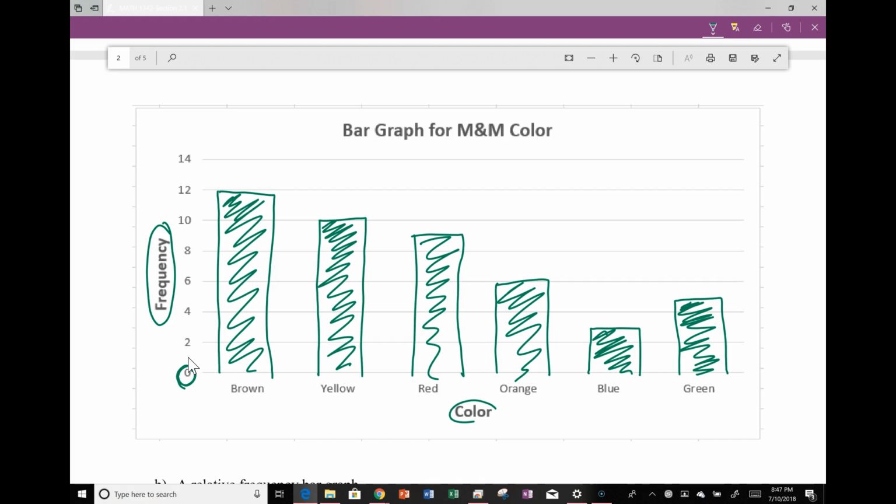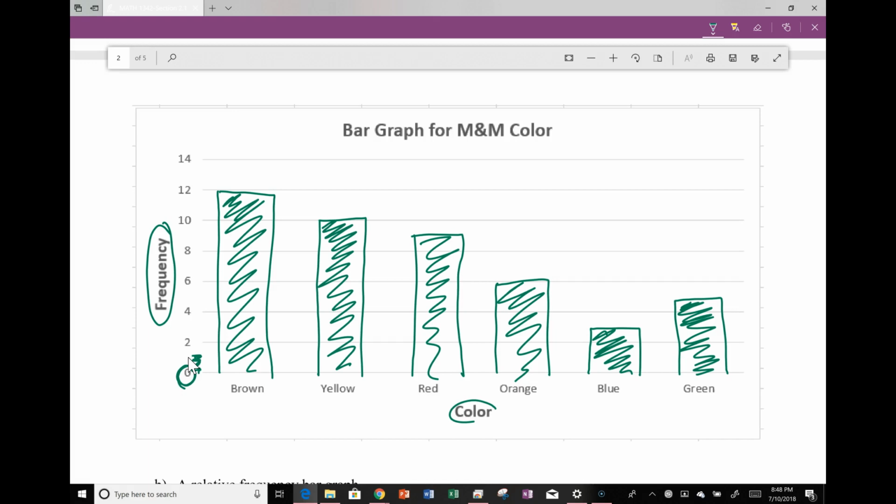There is a way, in case, say, you're going to 1,000. Normally, what we do there is we have this little squiggly line that gives us a break. It's telling me I shrunk the graph, cut some of it out in order to make it fit. Okay? And we will discuss some of these a little bit later.